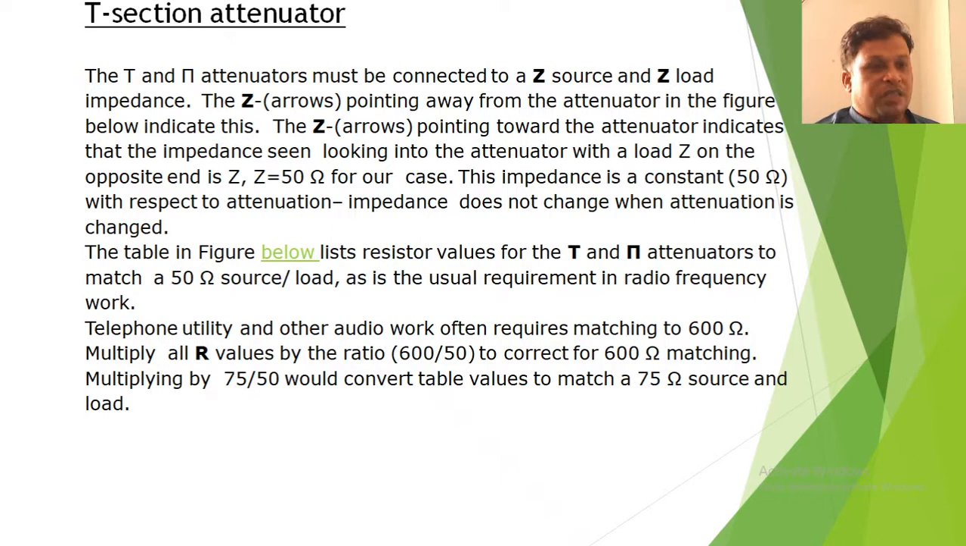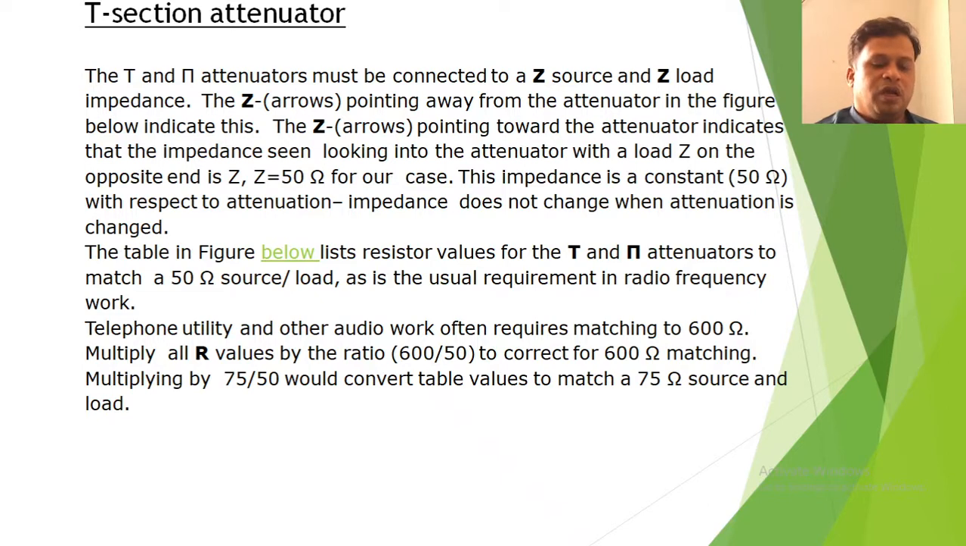To match a 50 ohm source or load, as is the usual requirement in radio frequency work. Telephone utility and other audio work often requires matching of 600 ohms: multiply all R values by the ratio 600 by 50 to correct for 600 ohm matching, and multiplying by 75 by 50 would convert the table's values to match a 75 ohm source